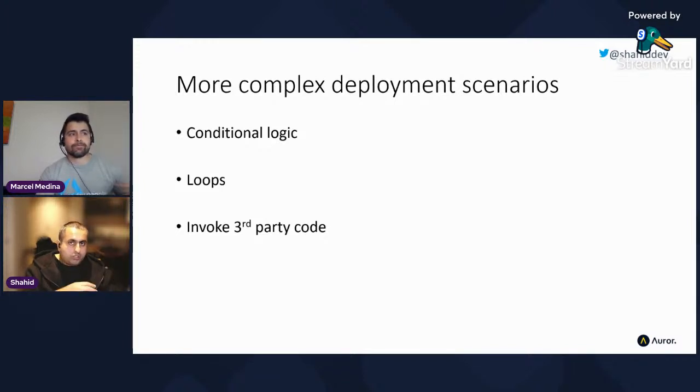So when we start needing to do these conditional deployments, these templates start getting a little bit tricky. Loops is another big one. If I'm trying to provision 4 or 5 storage accounts because I need them for slightly different things, it's very difficult to do that. And then you hit another issue with third-party code. If you're trying to interact with a third-party service that doesn't have a provider, in ARM you have to drop down and do PowerShell or whatever. In Terraform, you might have a provider available, which is great, but you may not. At which point you will probably have to drop down into some kind of third-party scripting language to achieve what you want.